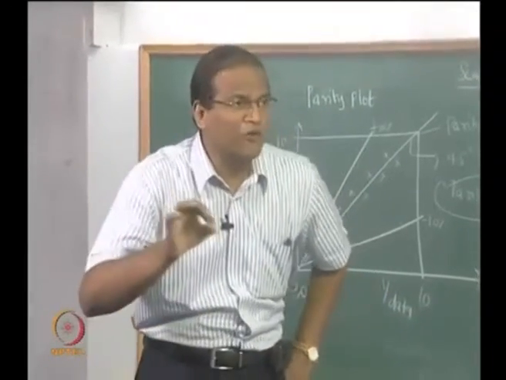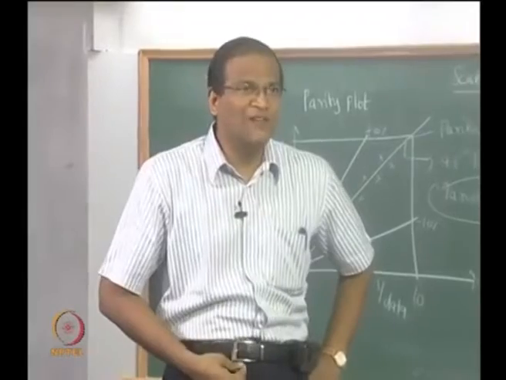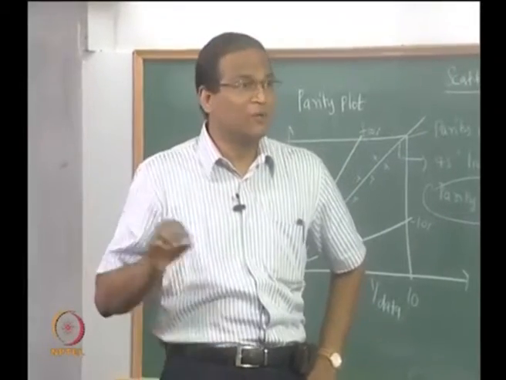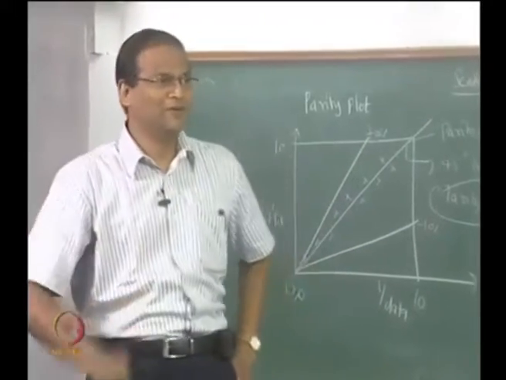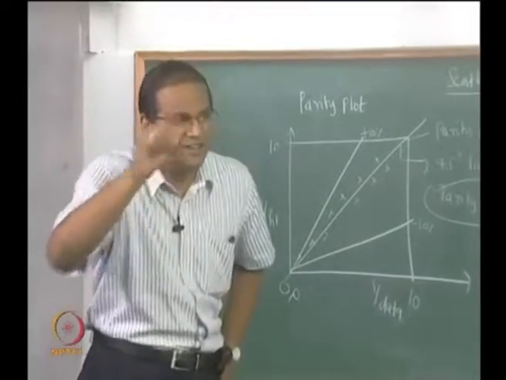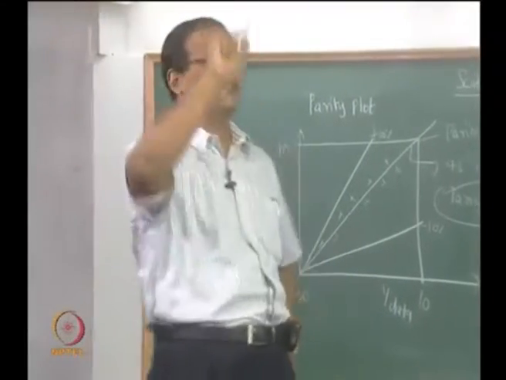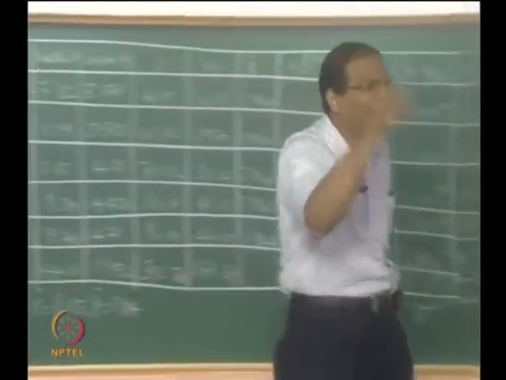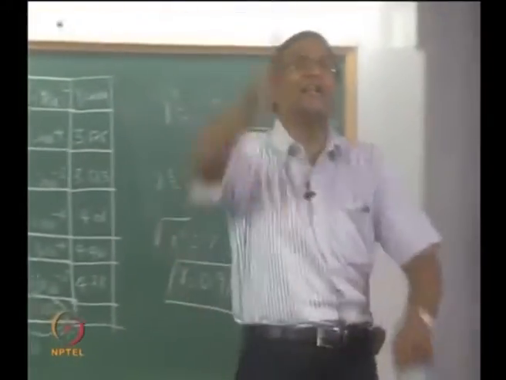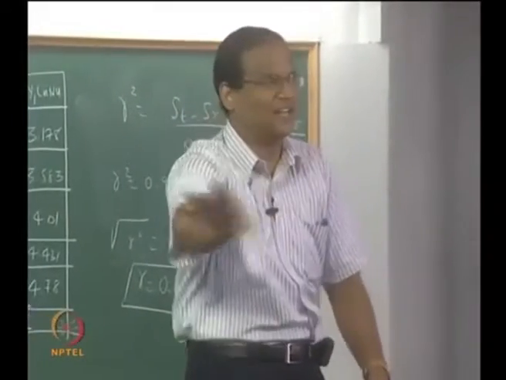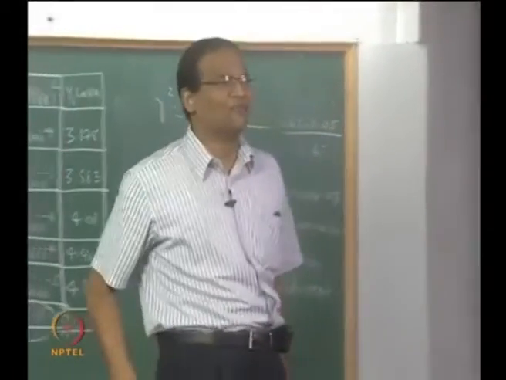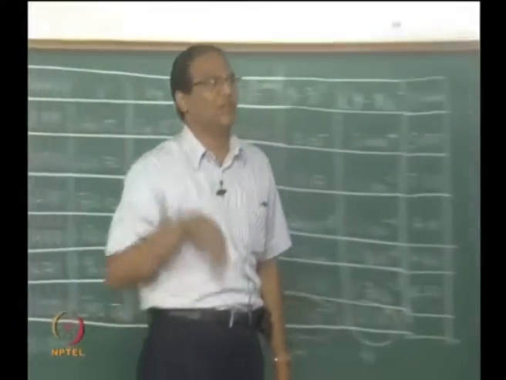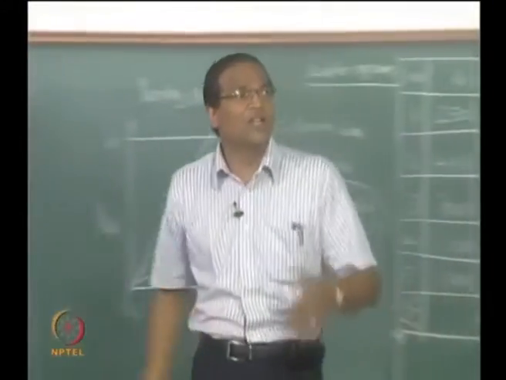Now I say that I want to fit a correlation. We can go one step further. Suppose I know the date of birth of each of these people, and now I say that the height is directly proportional to the date of birth. That is y equals ax plus b. With the date of birth, I am getting a much better fit than putting all this in Excel and taking the average height. Now if you tell me the date of birth, I am in a much better position to give you the height. Is that clear?